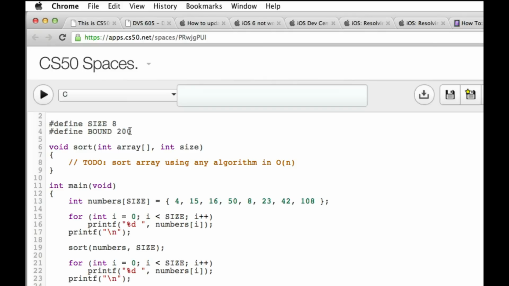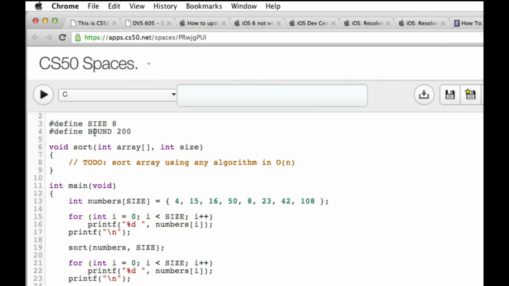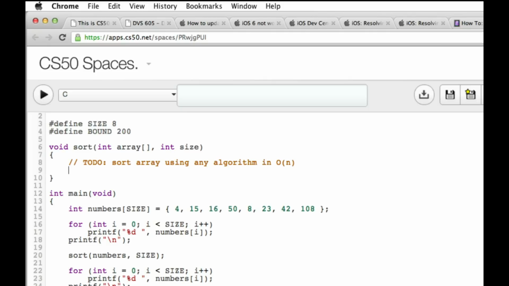In theory, there is always a bound, since an integer can only be up to 4 billion. But that's unrealistic, since then we'd be using space on the order of 4 billion. So that's unrealistic. But here, we'll say our bound is 200. The trick to doing it in O of n is we make another array,